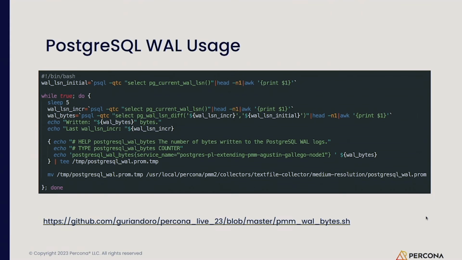So the only way we had is by using the text file collector, which has much more power because it lets us do very complex stuff in our favorite scripting language, and then just simply write a file, as I'm doing here with the echo, a file that has the metric we want, the labels, and then